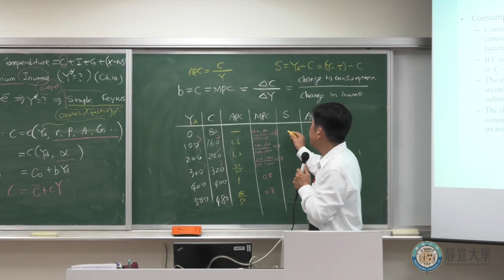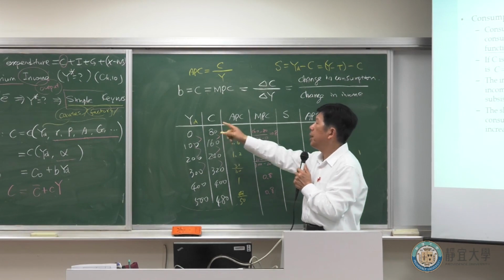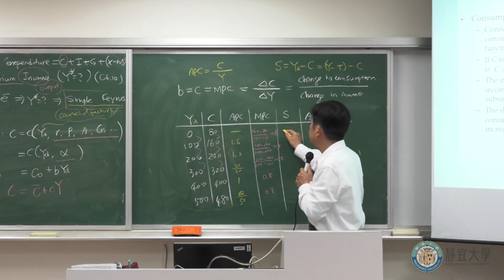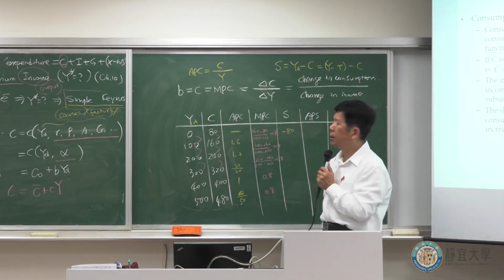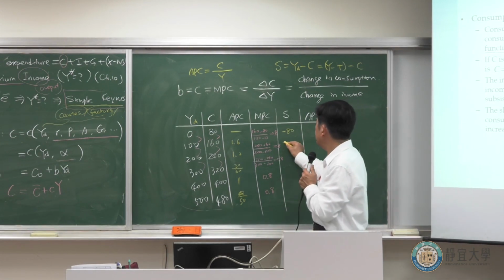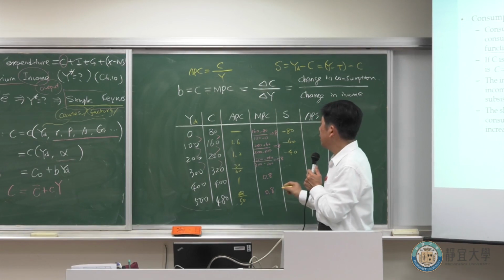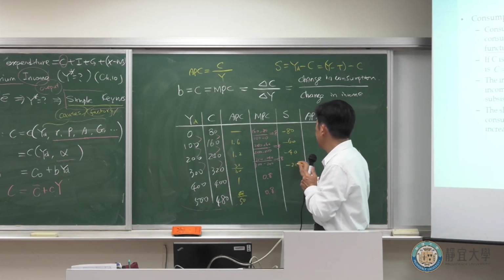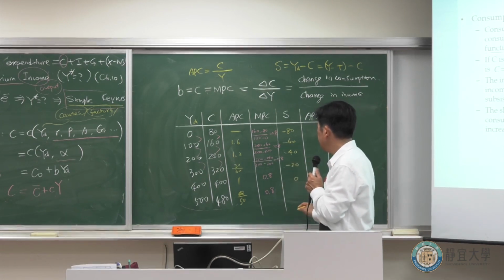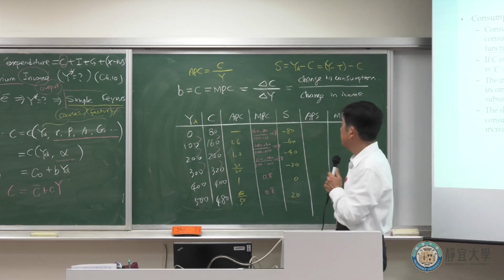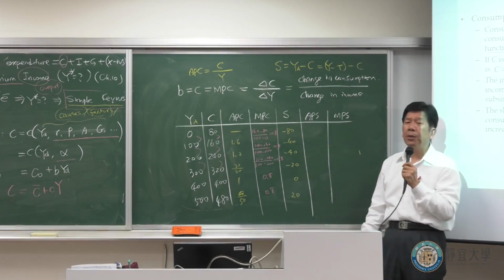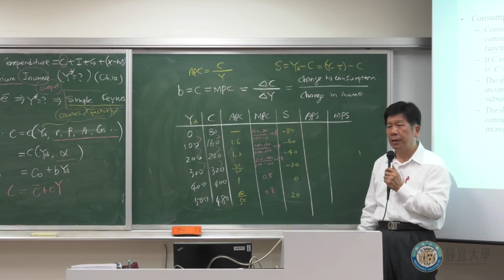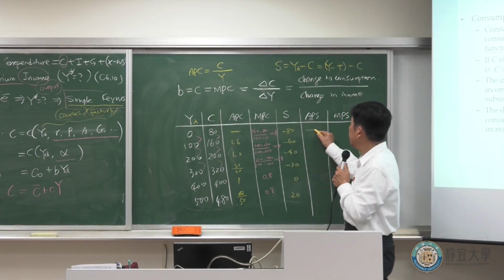So this is 0, minus 80. So it's negative 80, okay? And this is negative 60, negative 40, okay, negative 20, and this is 0, okay, and this is 20, okay. And after that, you also can get the same. So here you can see